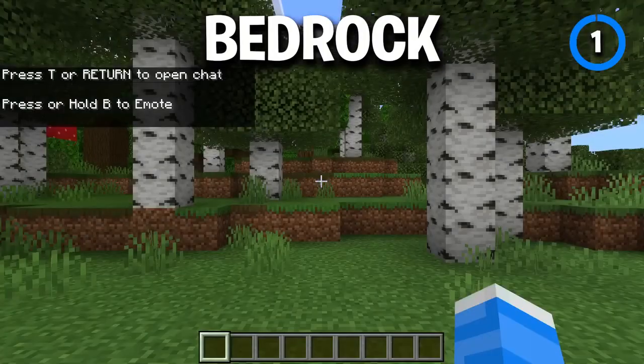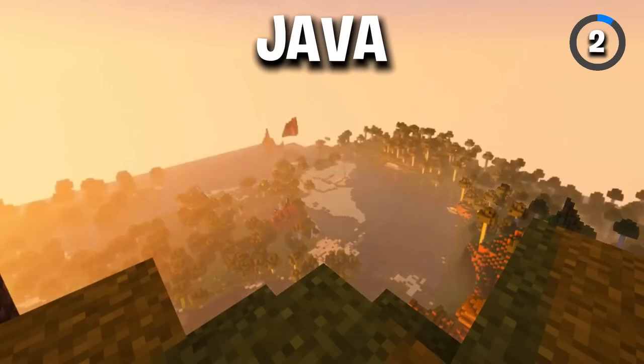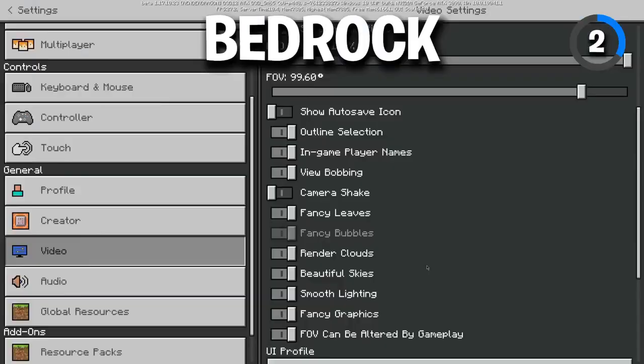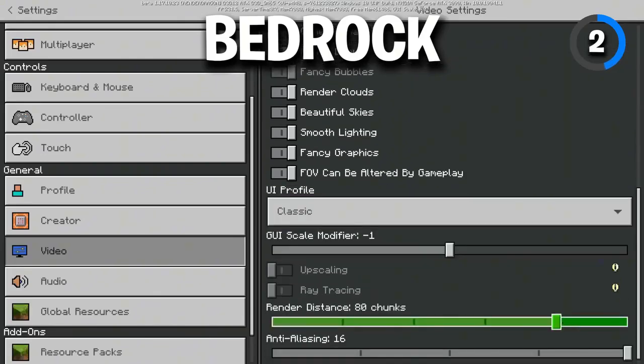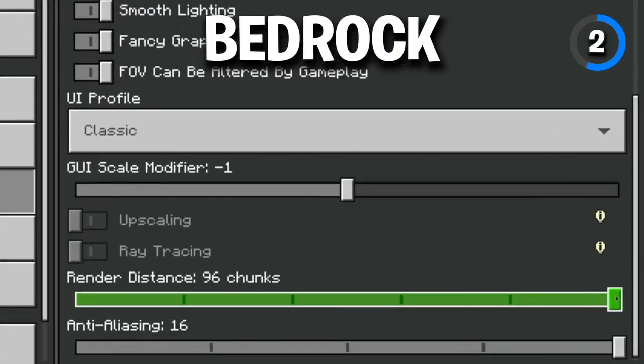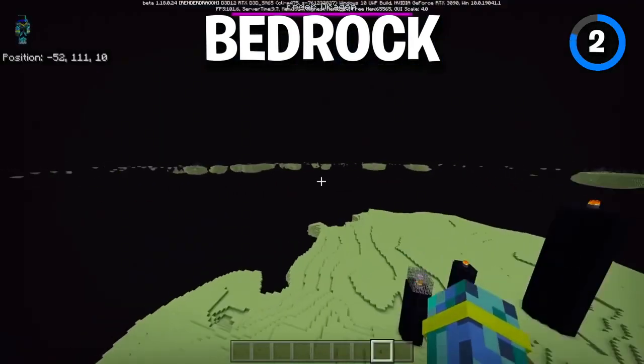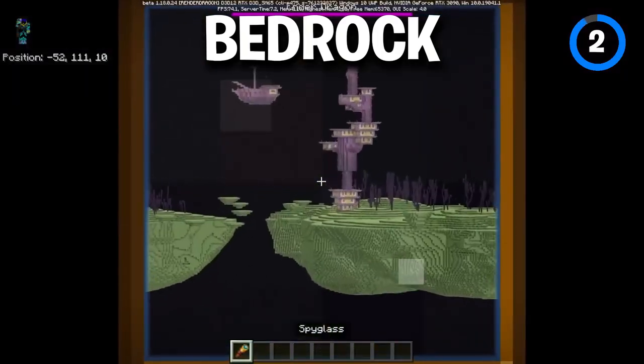in its full functionality. In Java Edition, you can increase your render distance to 32 chunks or even more with some mods. However, in Bedrock, the maximum amount of chunks you can render is the huge amount of 96 chunks. And with that, you can even stand in the main end island and still be able to see the other